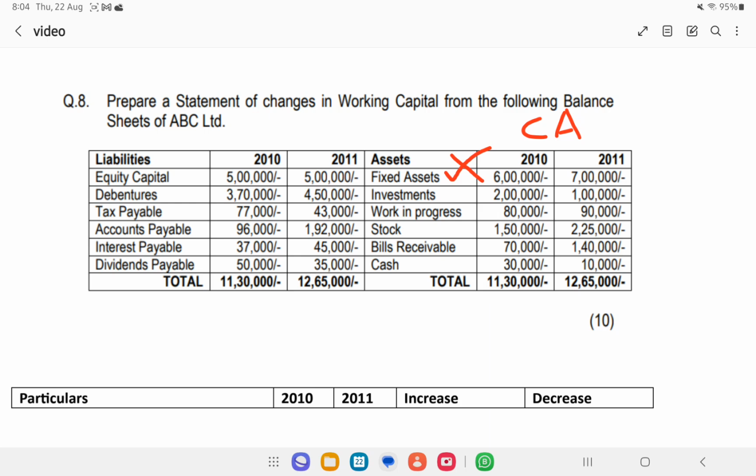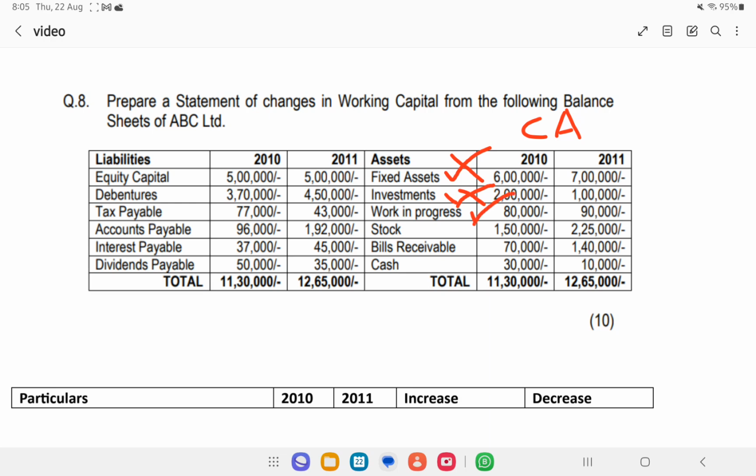Now think about investment. Investments are usually made for a long period. Unless and until investment is stated as a short-term investment, we can't take it as a current asset. So this also doesn't belong to the term current asset. And the next one is work in progress. We know work in progress means the work is going to be finished and the finished good is soon going to be sold. So work in progress has a short life in the business and thus it qualifies as a